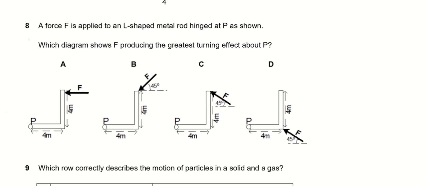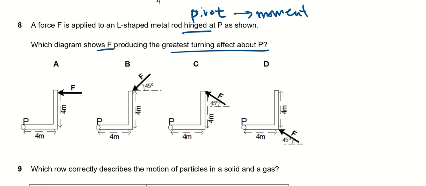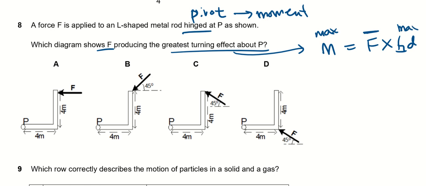So question 8, a force F is applied to an L-shaped metal rod hinge. Hinge means pivot. So if it's pivot, then you must think of moments. Okay, which one shows F, now F is all the same, producing the greatest turning effect. Now that means they are asking for the greatest moment. Moment equals to force times perpendicular distance. Now if all the forces are the same, and if I want maximum moment, that means I must get maximum perpendicular distance. So for this, you actually have to draw the line of action of each force. So for F, for A, F,